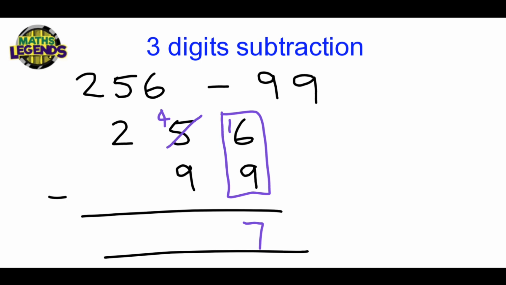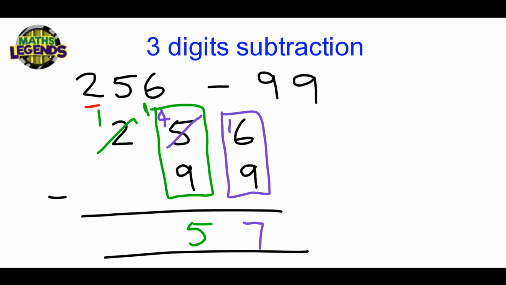Moving on to the next column. 4 take away 9. We can't do it. So again, we need to borrow. So we borrow from this one, and that becomes a 1 in front of the 4. So it's 14 take away 9, which is 5. Moving on to the next column. Now the blank at the bottom is treated as a 0. So it's 1 take away 0, which is 1. So our answer,